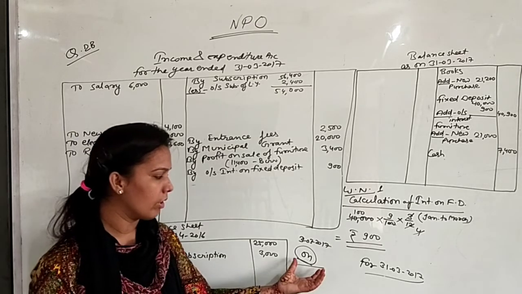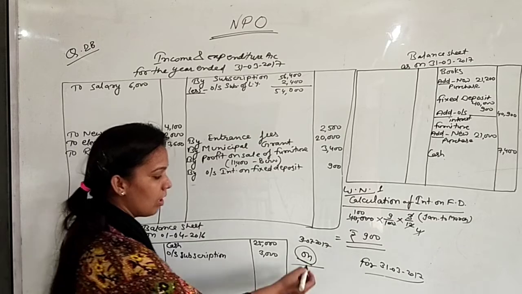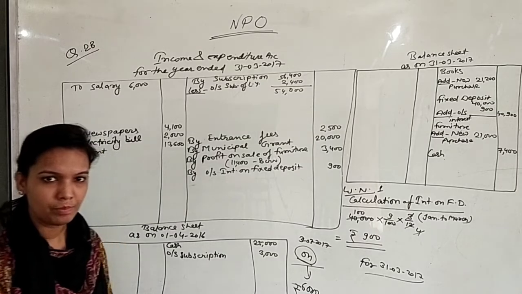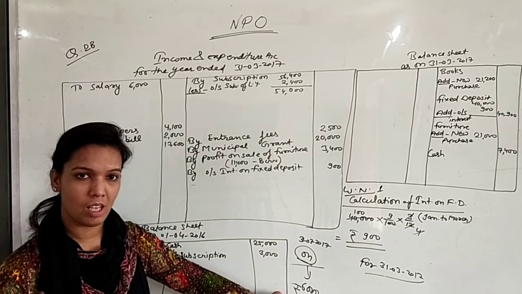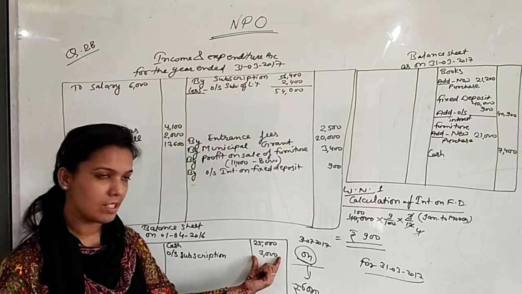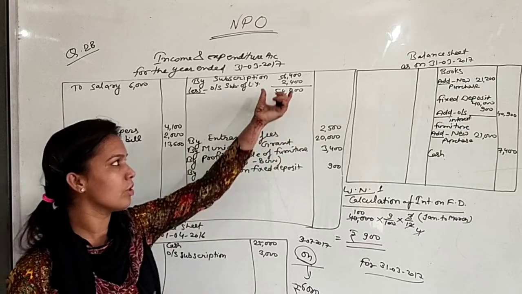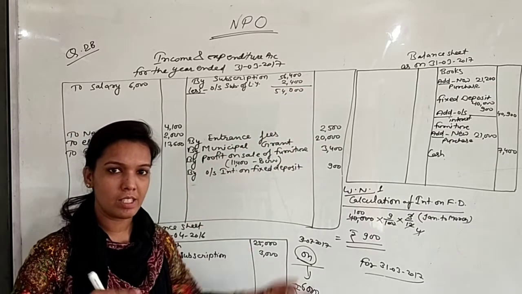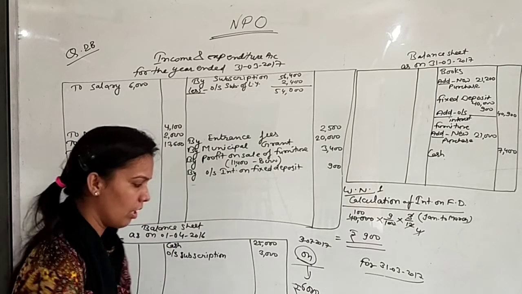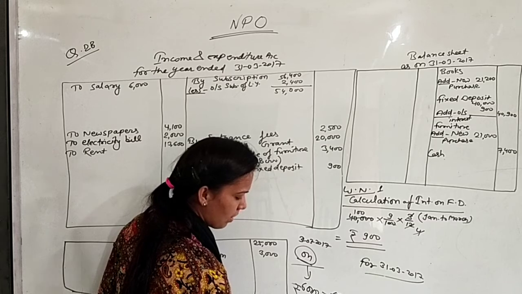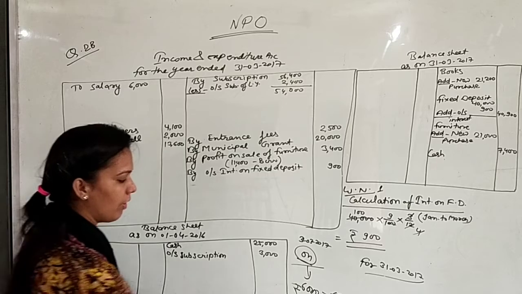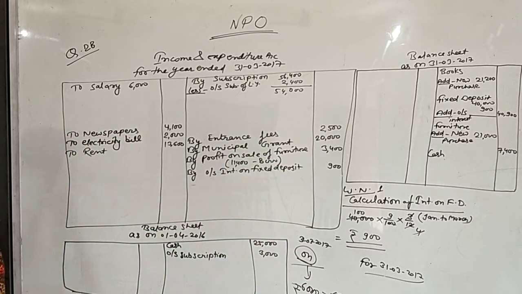So in this question, you have been given on 31st March 17, means till 31st March 17 your total subscription due is 6,000. So I can say that in this 6,000, 600 rupees is included of last year. Which 600? Your last year's due was 3,000. Out of 3,000 you received only 2,400. You can say that 600 is still due of last year. So that 600 is included in this 6,000. You can say that the actual subscription outstanding of the current year is only 5,400. So we will add here only 5,400.